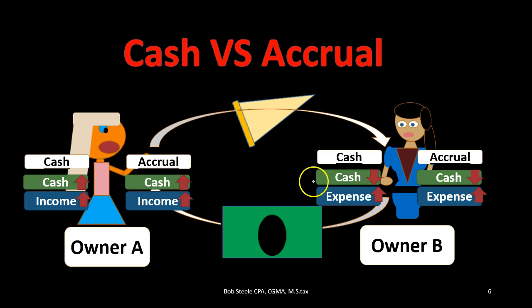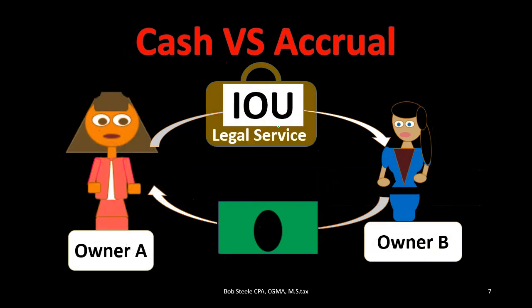The transaction under the cash method, the smoke, the cash is leaving, that's the smoke. The actual fire was the actual work, the actual benefit that was received in this case. So the benefit was received, so on an accrual method, that's going to be the driving transaction. Now, if you think about when the smoke is not right next to the fire,